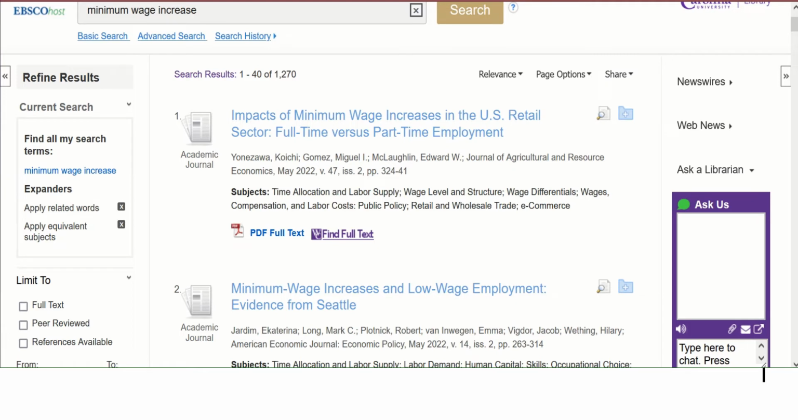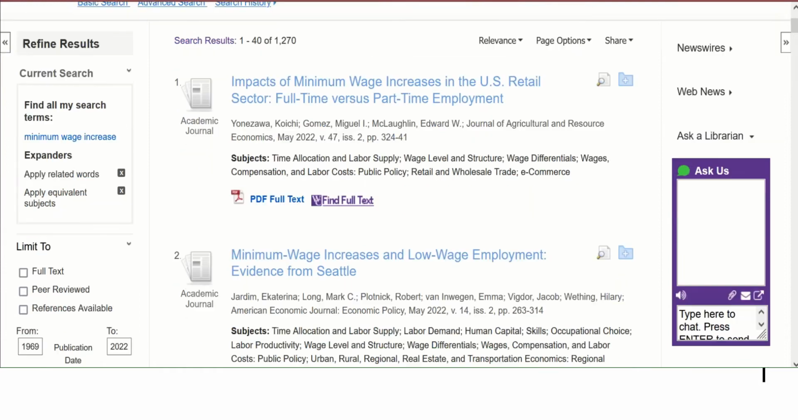But I can show you Google Scholar really briefly, which uses the Google interface to search the library's holdings. That's another really great tool for you to be aware of. I can actually add that to the guide. So what you'll see here,